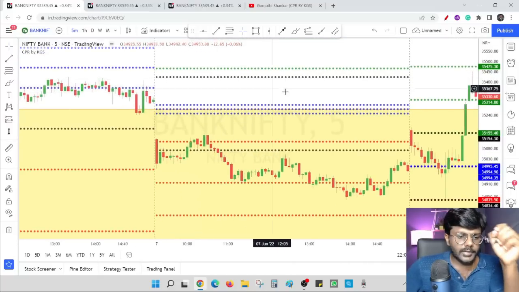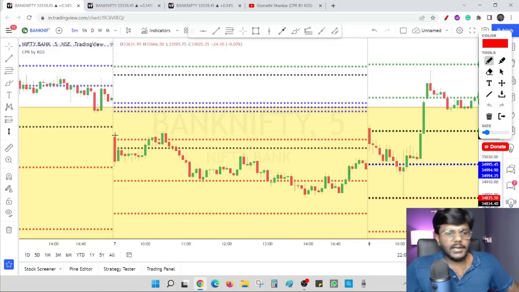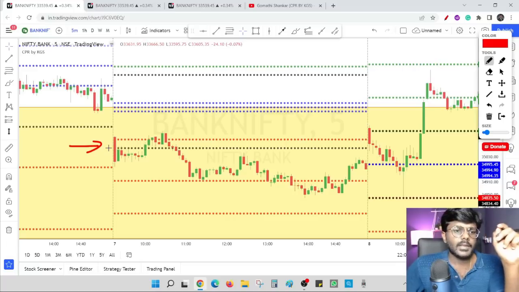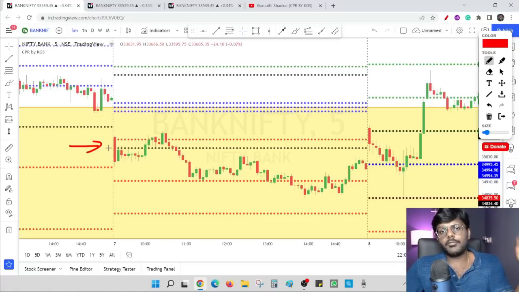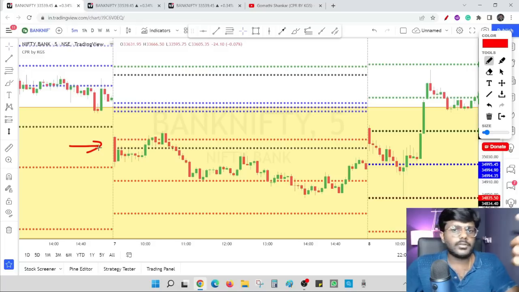Alright. Now on 7th of June, S1 previous day low breakout is happening. Now the market is opening below S1 and previous day low. Can I take a short position in the first candle? No, it is risky. Because when you take a short position in the very first candle, there are a lot of chances of profit booking, and there are a lot of chances of the institutional players taking the price a little bit higher and then they will sell call options. So a lot of major events will happen as soon as the market opens. So as a retail trader, we should not enter at the opening of the market.